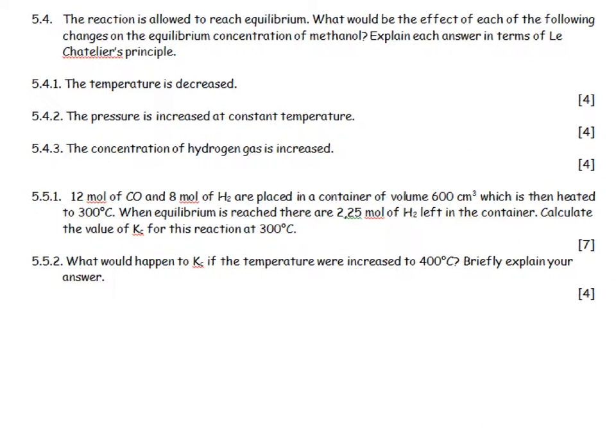The reaction is allowed to reach equilibrium. What would the effect of each of the following changes on the equilibrium concentration of methanol be? Explain each answer in terms of Le Chatelier's principle. So, first, the temperature is decreased. So we're going to write the bullet points that are needed. So the first thing is temp decrease